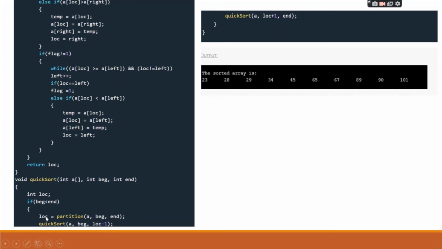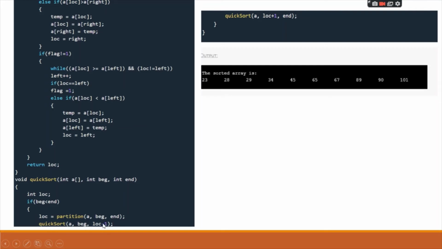So this is the pivot value for every new sub array. After the first pass, a new location will be found, so that would be a new pivot element. Then once again after a new pass, a second pivot element would be found, and so on. It will keep happening. So this will happen under quicksort, that is, quicksort here is a recursive function, and this will keep executing until the condition becomes false.